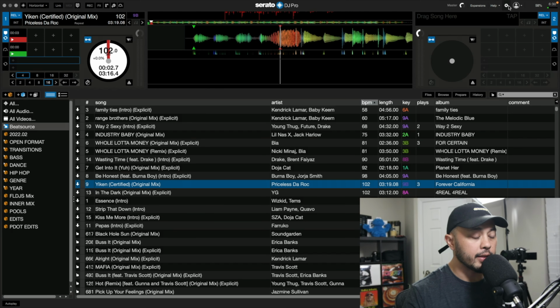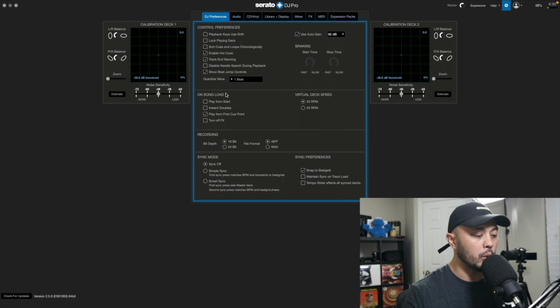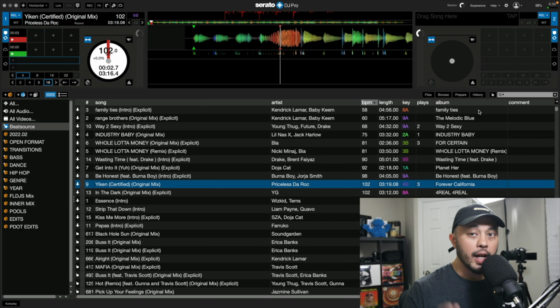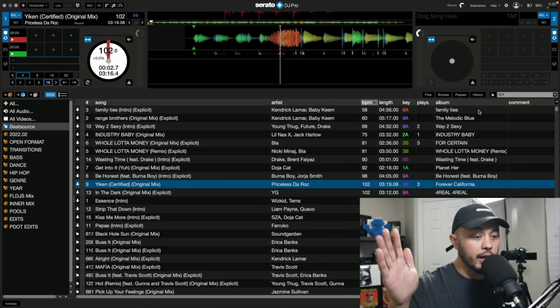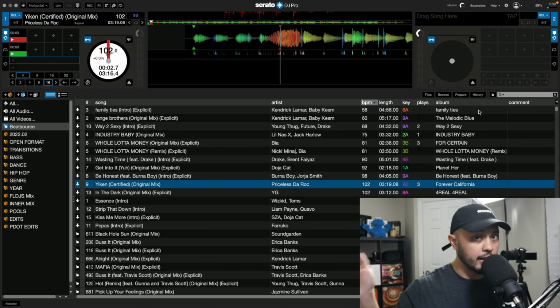So let's go back into the settings. The next one we'll want to check is right above it, instant doubles. What this does, it allows you to use instant doubles in Serato DJ Pro, which lets you go from one deck to the other and copy over the song, and it lets the song continue playing from that exact same point. So say if one deck, one CDJ or one turntable goes out, you can still continue mixing with